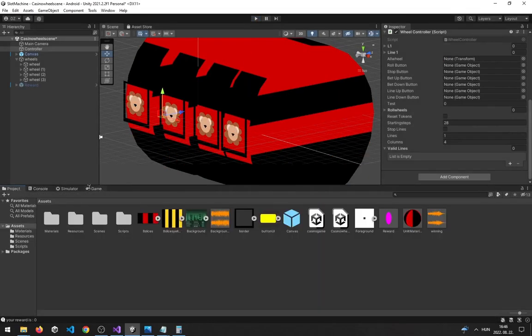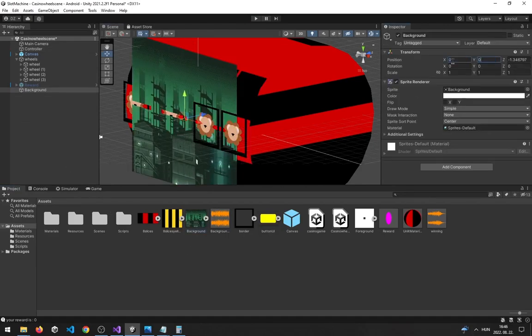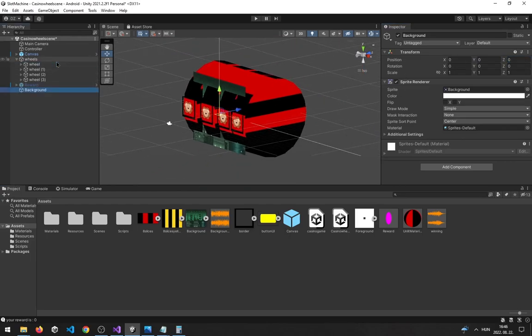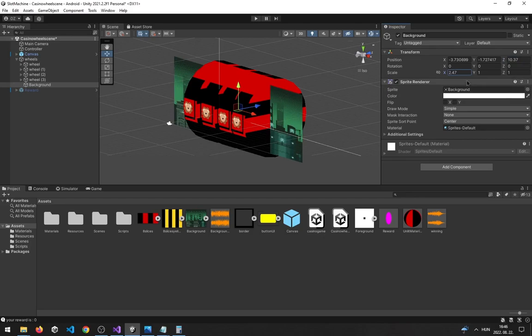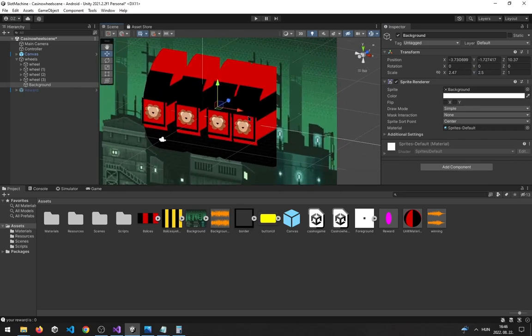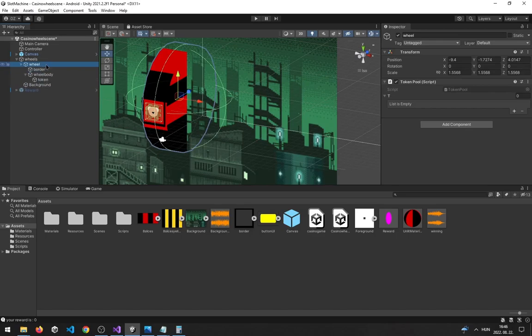So basically, we only have one line now. Yeah, put the background. Yeah, position is like this, and yeah, it's very important that under the wheels section you don't put any other game object. So we just put it there, and we will get it out because it ruins the script. Okay, delete again,